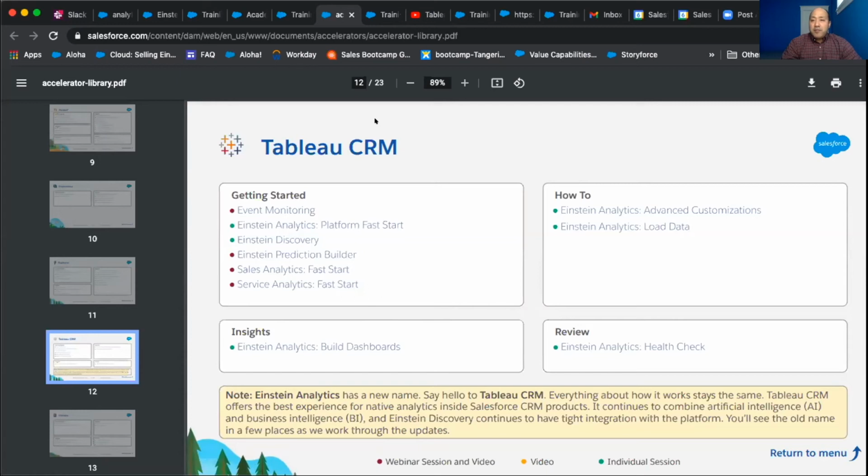And then sometimes if you have some open-ended items or questions that need further review, your instructor will set up an additional session just to cover those open items. But the idea with the accelerators is we're really focused on having one of our experts teach you how to fish and get you comfortable with the process, whether it's building out some dashboards, whether it's building out some stories